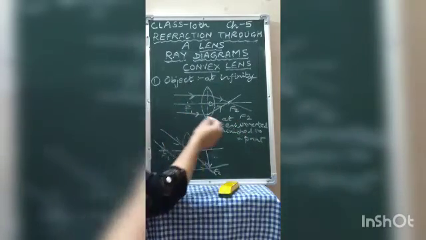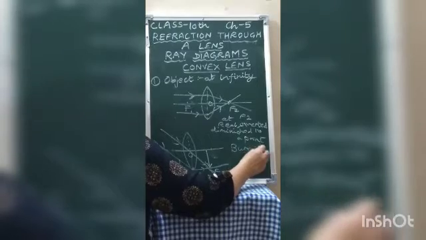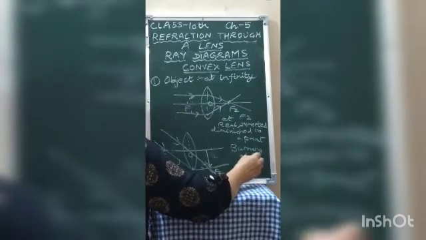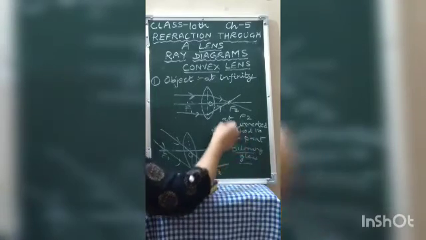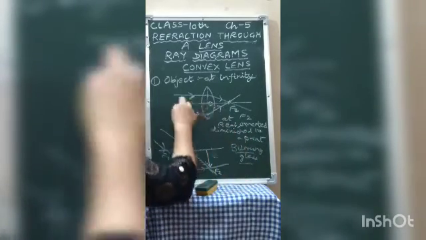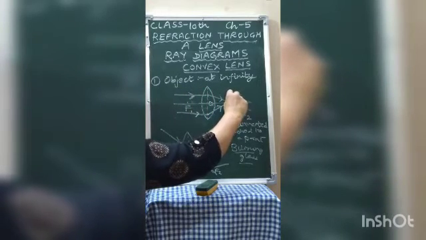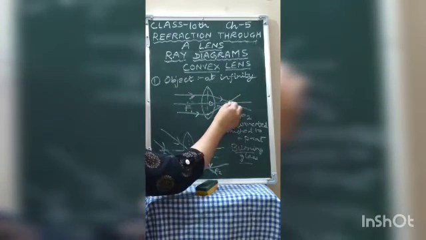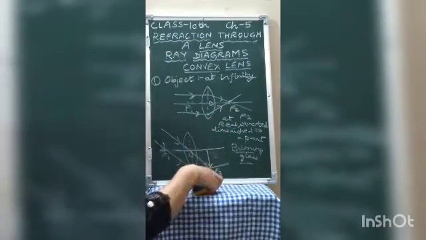This type of application is used in a burning glass. Remember, children, you burn paper when you collect the sun rays onto it. So this is because of this. When the parallel rays of the sun come, they are concentrated at the focus and so much heat is produced here that the paper starts charring, it starts burning.